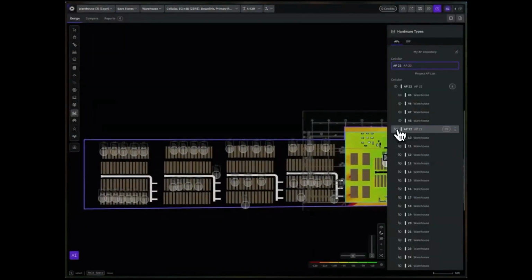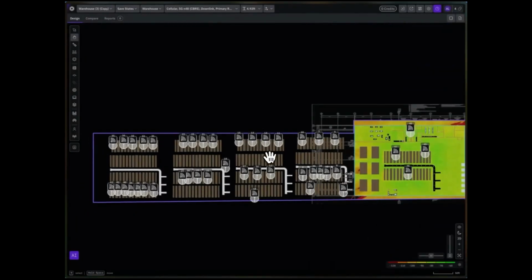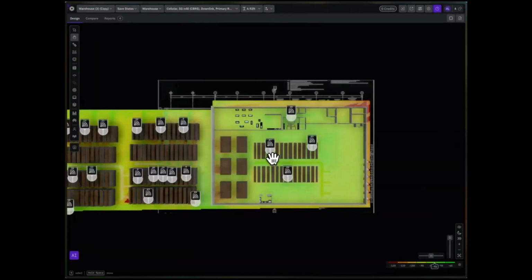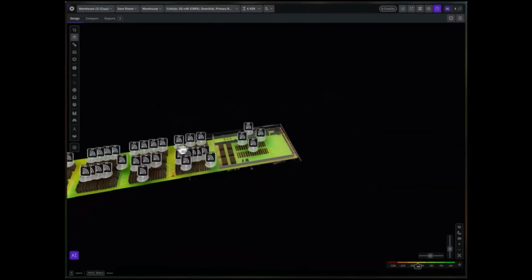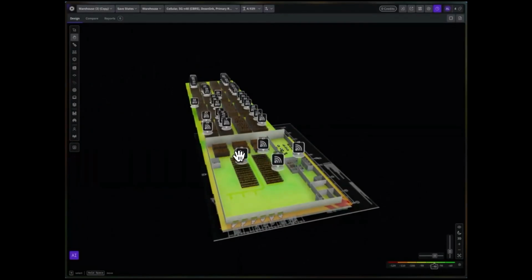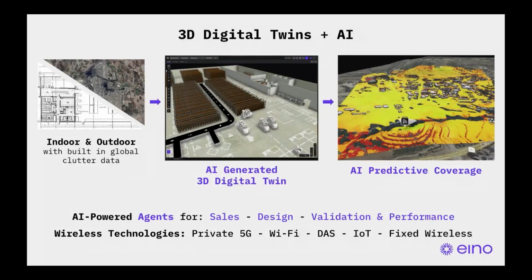You have a much larger environment, which is way more sophisticated, with a lot of shelves, and let's see how we could expand. So they see exactly how the network is going to perform and how much it's going to cost, and that helps get to the results much faster and shortens that 2-6 month process to weeks. And at the end of the day, they get that ROI much faster.